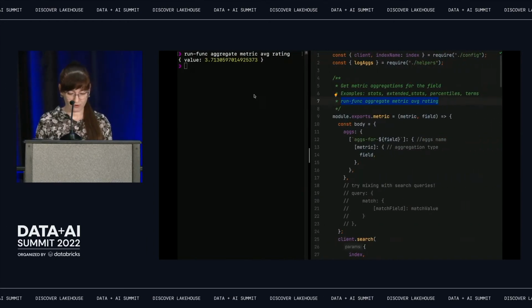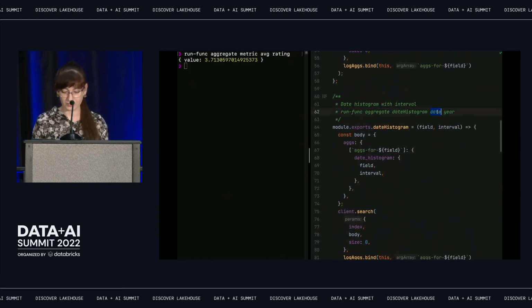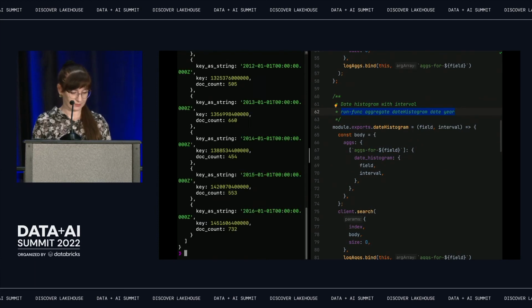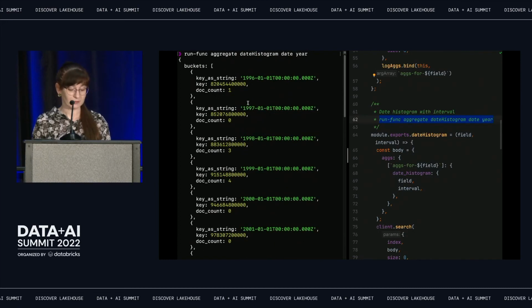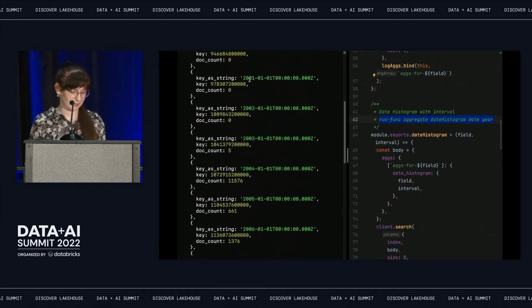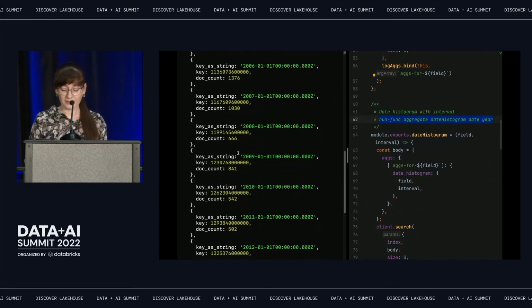So we can, for example, run the one for the date histogram over here. So let's use a date as a field and a year as an interval. And if we do that, we receive a set of buckets and information about the bucket. And we can see that the first ever added recipe into this dataset is marked by the year 1996. And there was a small number of recipes added up until 2004, where we have 11,000 items. And this is a bucket